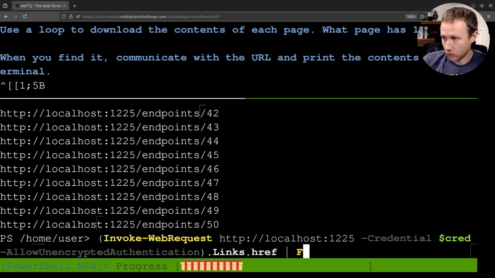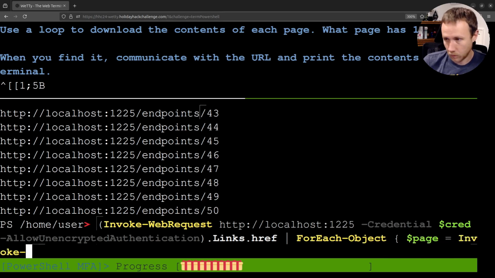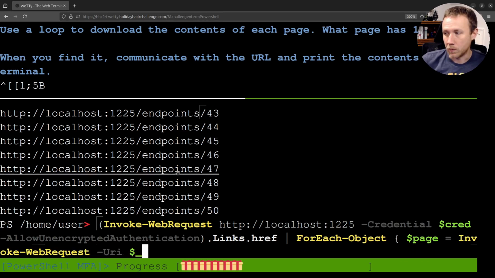So now we can do a ForEach-Object, and we want to say page equals Invoke-WebRequest, URI is equal to $_. So when you pass to ForEach-Object, we're going to take all these links, we're going to pass them in, and we're going to loop over them one by one, and each one of them in the loop ends up getting passed this $_ underscore, and so that's how we're going to use this. That's going to be the URI, and then we can say if